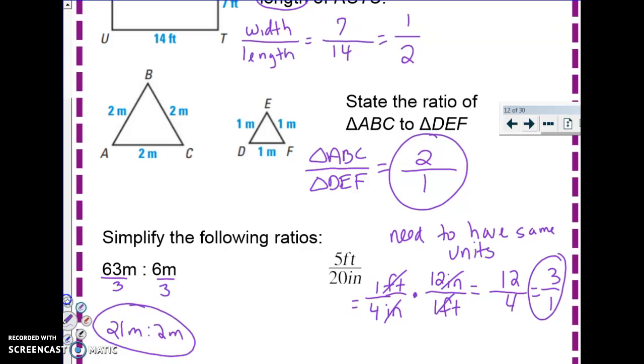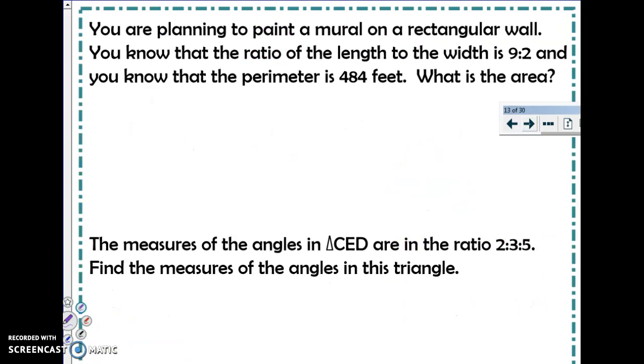All right, so hopefully that's helping you a little bit, or maybe you already knew this. And then, of course, our good old word problems. Make sure, I would probably write this down. It's also in your book. A lot of these examples I pulled out of pages 356 and 357. A couple I might have tweaked a little bit, but you're planning to paint a mural, and it's going to